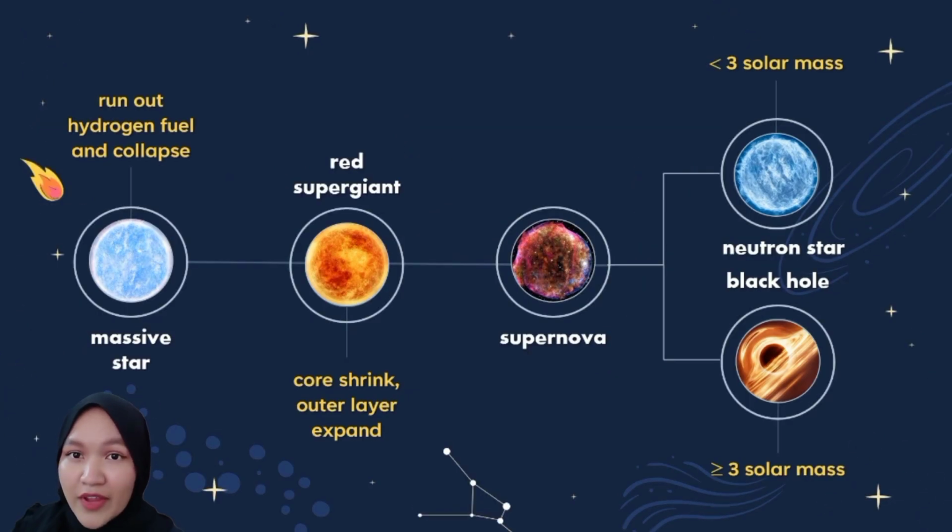A massive star has a mass over 8 solar masses. Its high temperature and pressure allow carbon and oxygen fusion to occur, followed by neon, magnesium and silicon fusion. When the star has consumed its core supply of hydrogen fuel, it becomes a red supergiant. The star's outer layers expand while the core continues to shrink. When iron builds up in the core, the fusion process ends.